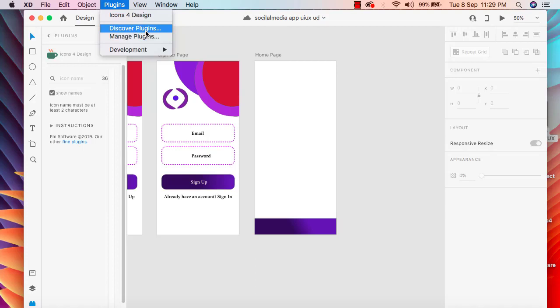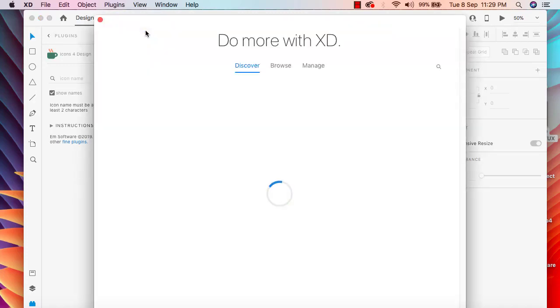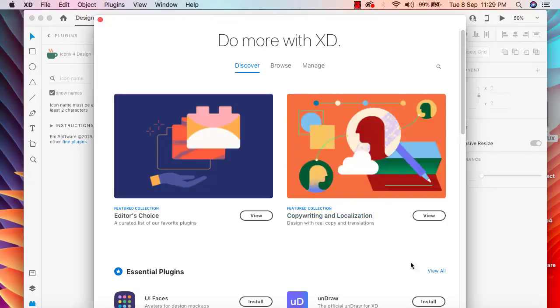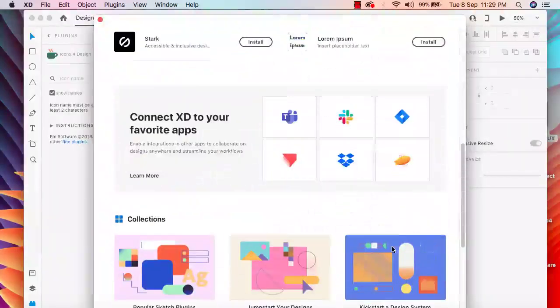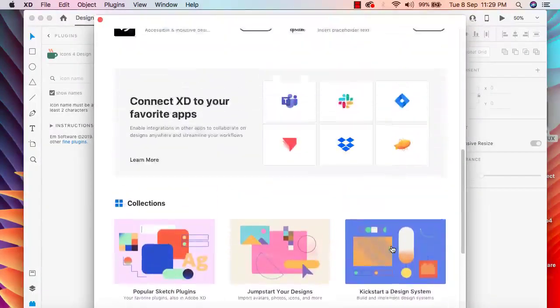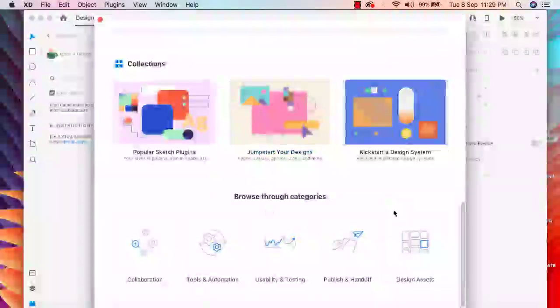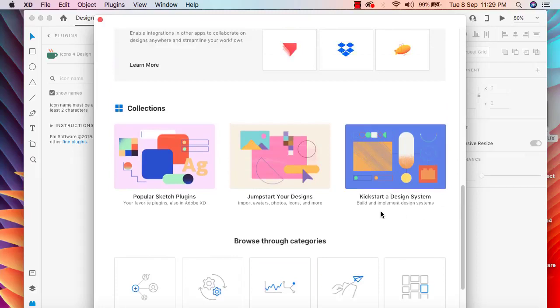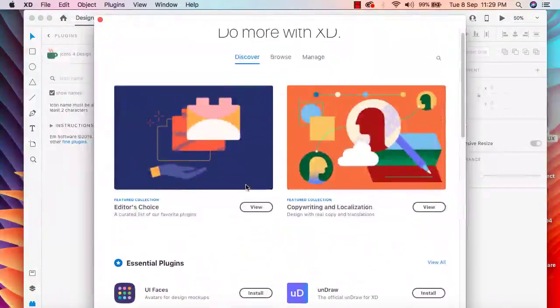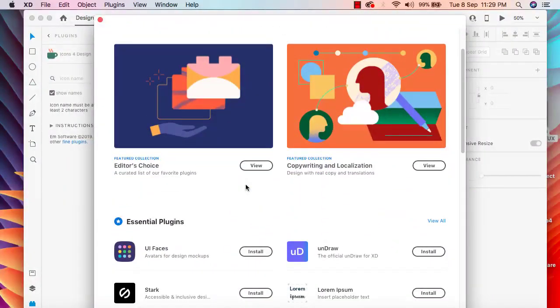So in here click on discover plugins. Once you click on discover plugins, it will show you a pop-up, and in here you will be able to see all the plugins that are available. You will be able to see collections, browse through categories, and several other things are available here. Okay, so now